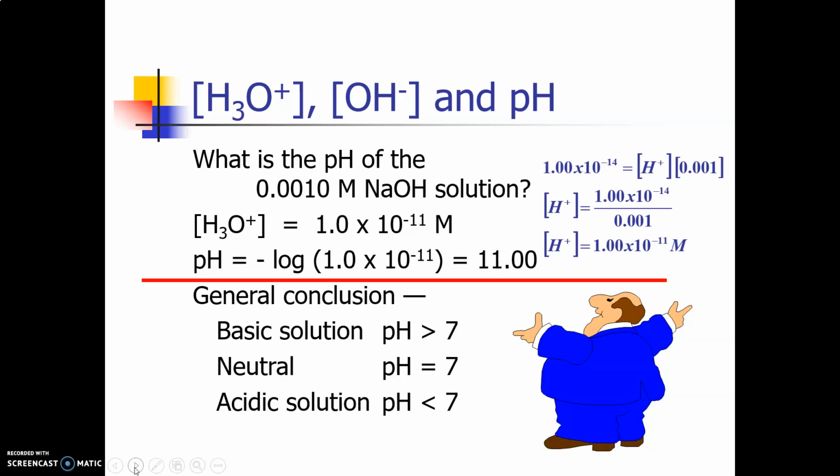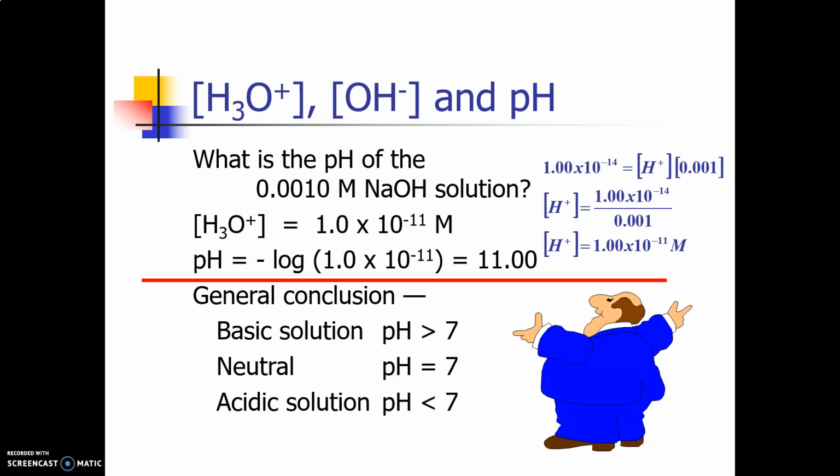Okay, now here is one question. What is the pH of the 0.0010 molar NaOH, sodium hydroxide solution? In here, this is a base, so you have the concentration of OH, and sodium hydroxide actually is a strong base. Remember we said that strong bases and strong acids completely ionize or